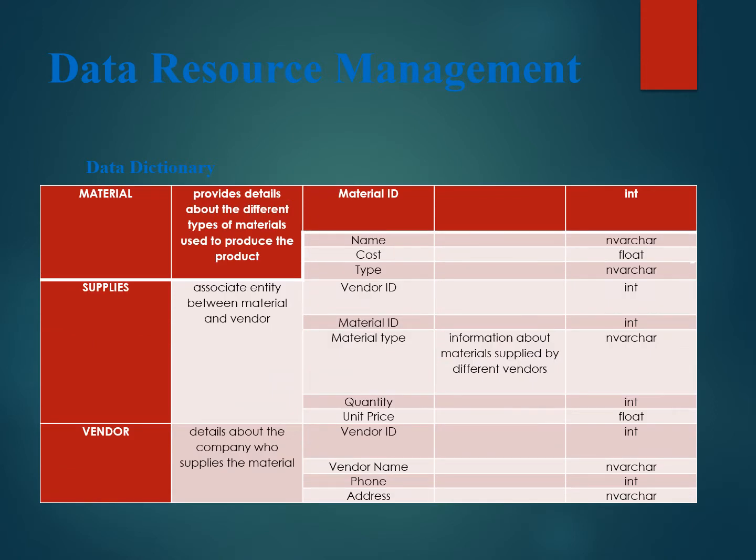Here's our last slide for our data dictionary. As you can see, we again have the entity, the attributes, attribute descriptions, and the data type. That is all located here. I think this is good detail, and it gives you a rundown of what's going on and the relationships with the company's business units and functions.